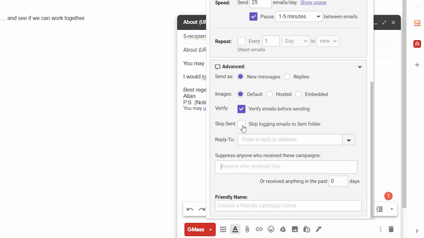And the next thing is skip sent. I don't do this. Now with the reply to, if you want someone to reply to a different email address of yours, which I don't do, you can just put that second email address here. And now the suppression list,